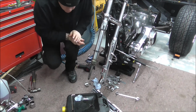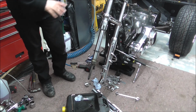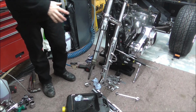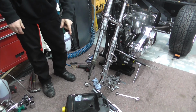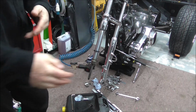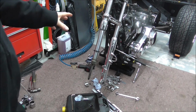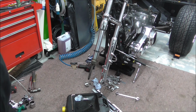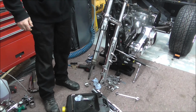Right, so what I'm going to do, I'm going to knock you off for a minute, and I'm not going to do anything off camera. When I come back it'll be in the exact same state. I just want to let this drip for a little while, and I'm going to have myself a quick brew while it drains. When I come back, what I'm going to do is undo this top, which is going to be easy because it's not,